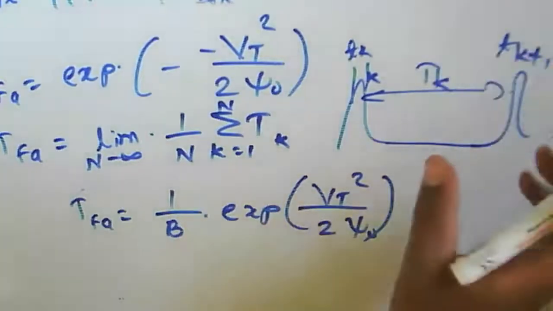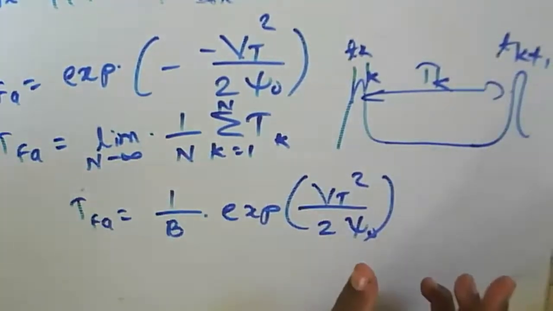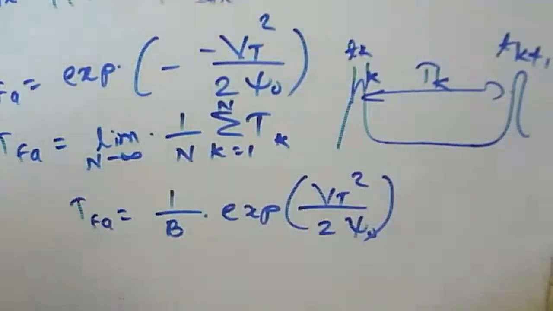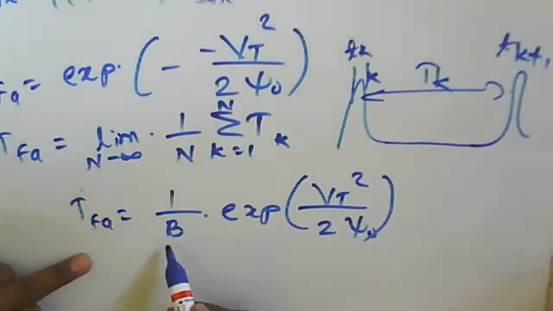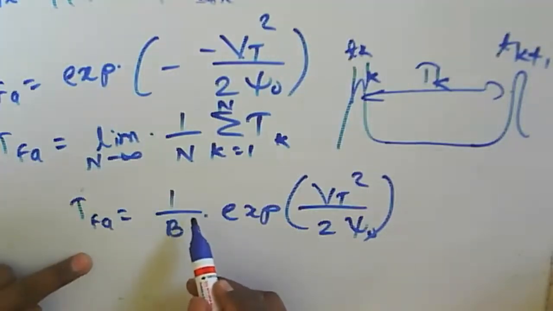That average duration is approximated with respect to the bandwidth of the IF. That's how we can find out the false alarm time, TFA, with respect to the bandwidth of your IF, and then